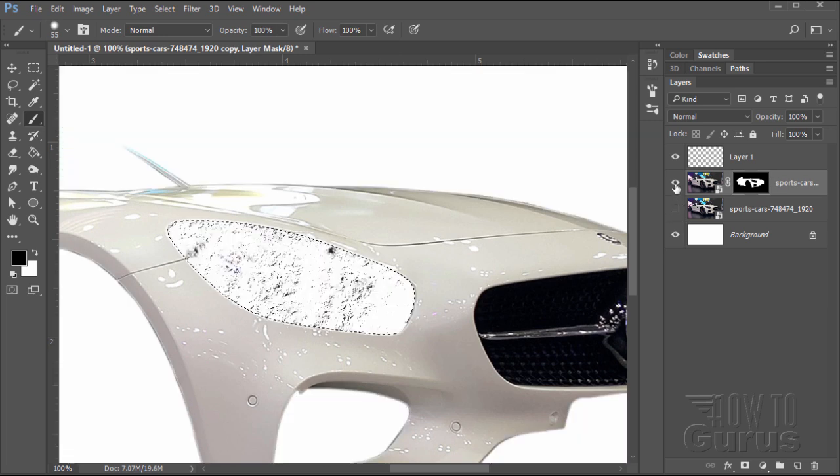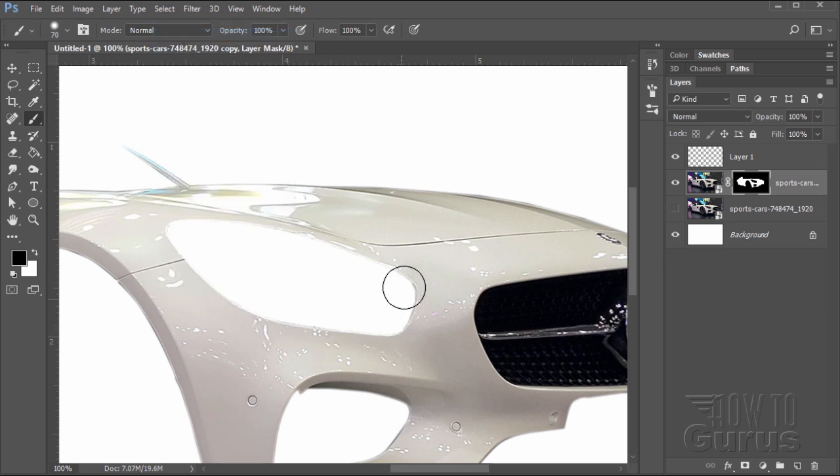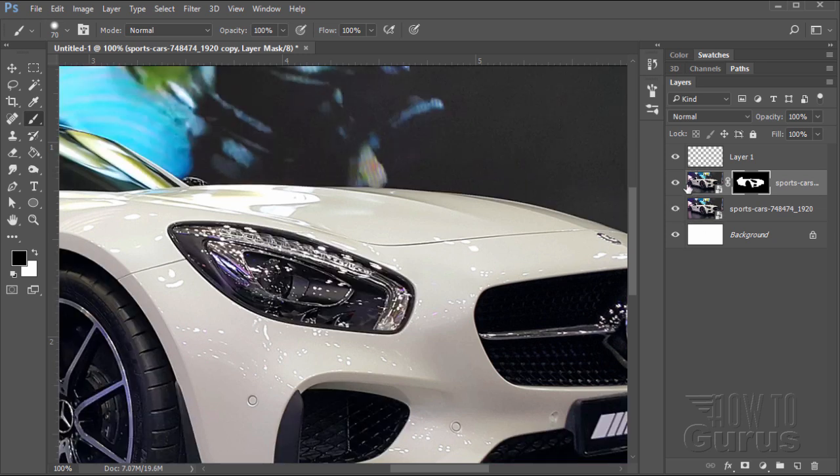I'm just going to hide the two cars here so you can see what's going on. Make sure opacity is 100%. That's good. There we go. That's what I want to see. So there it is, and then deselect, and there's that nice clean cutout. Okay. Bring our car back in behind, so there's our cutout. So I'll be using this exact same technique, and I'll use the pen tool,